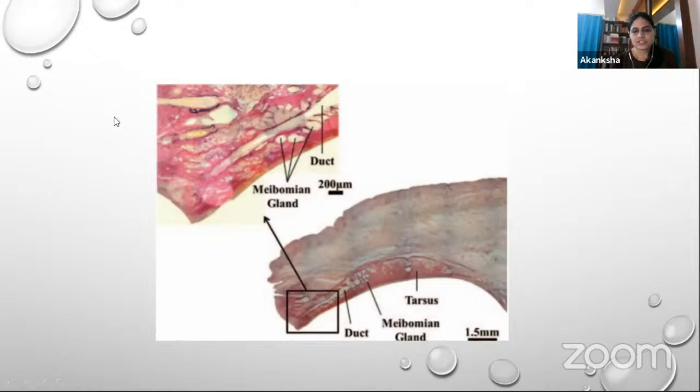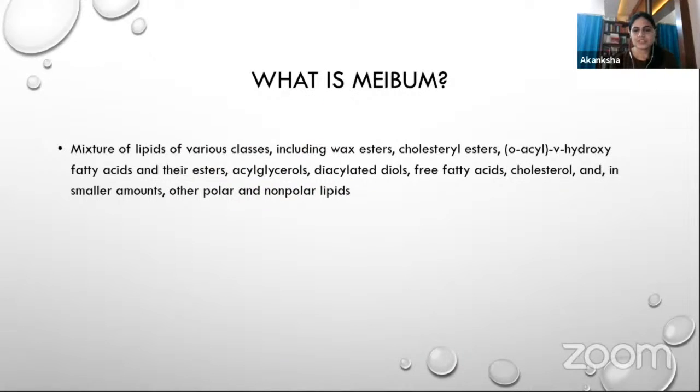So again, histopathologically also, you can see that there's a central duct, and these glands are primarily secreting their secretions into the central duct, which then comes onto the lid margins. Now, the secretions that we're talking about, what does it essentially contain? So it is a mixture of various lipids. The lipids are of various classes. It can have wax esters, cholesterol esters, fatty acids, so free fatty acids, and in smaller quantities, polar and non-polar lipids. So it's basically just a mixture of different types of lipids, and all of the lipids have different qualities